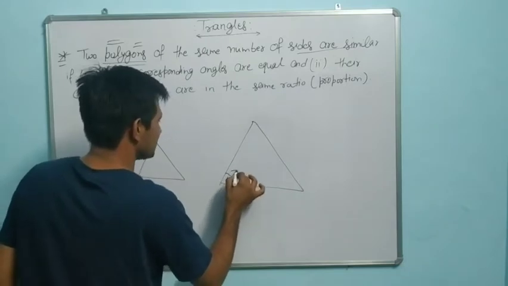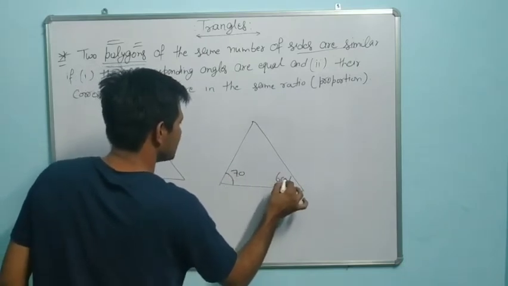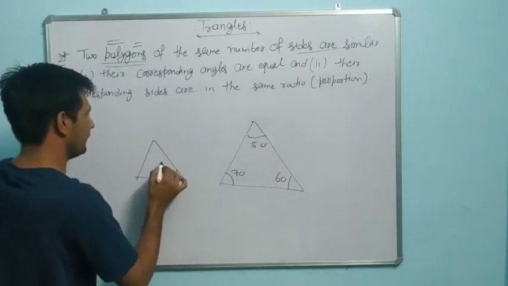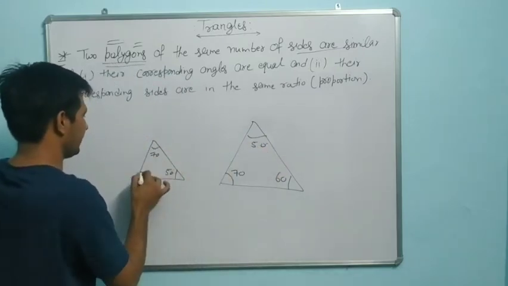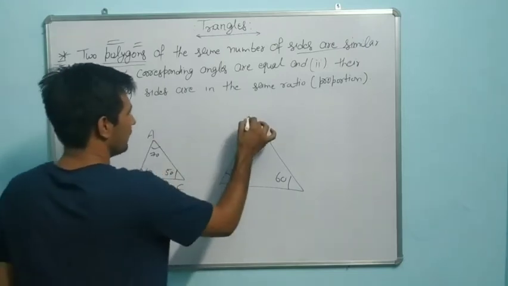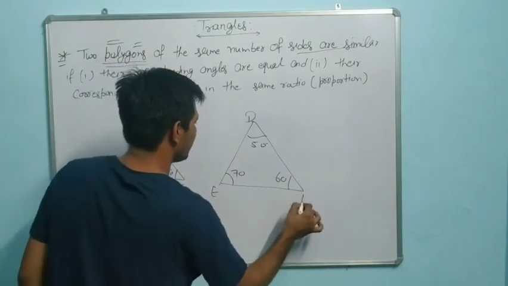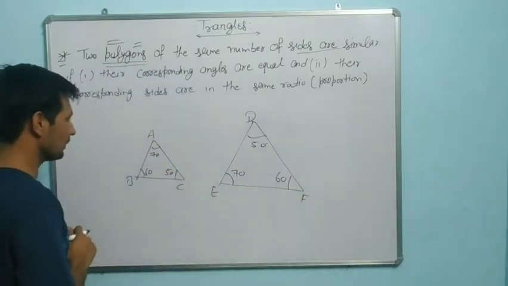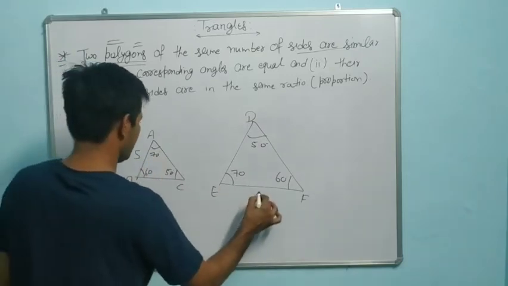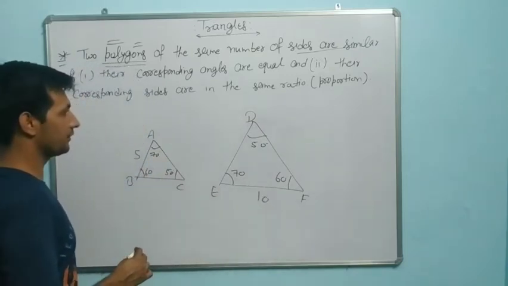It is 70 degrees, it is 60 degrees, it is 50 degrees. Here it is 50 degrees, it is 70 degrees, it is 60 degrees. A, B, C and D, E, F. Okay, dear. Now it is 5, it is 10, BC